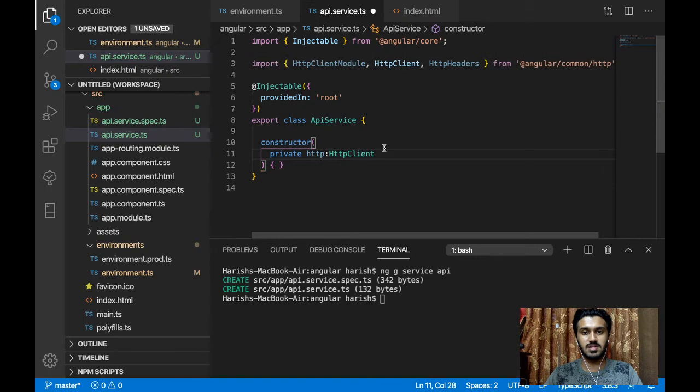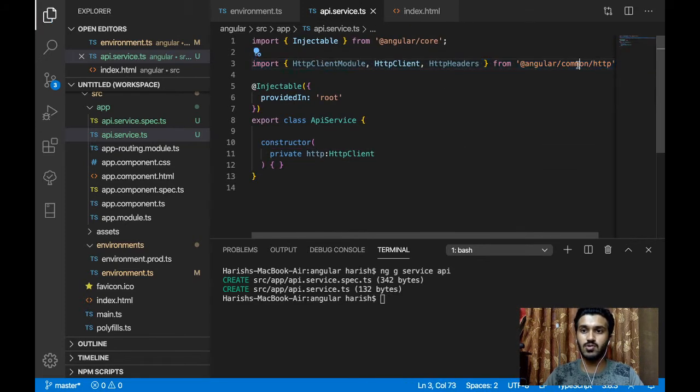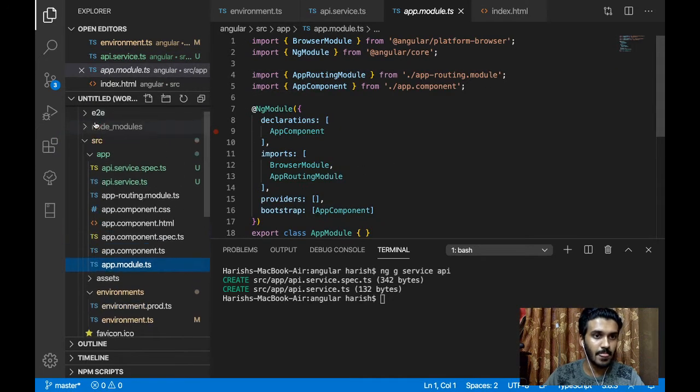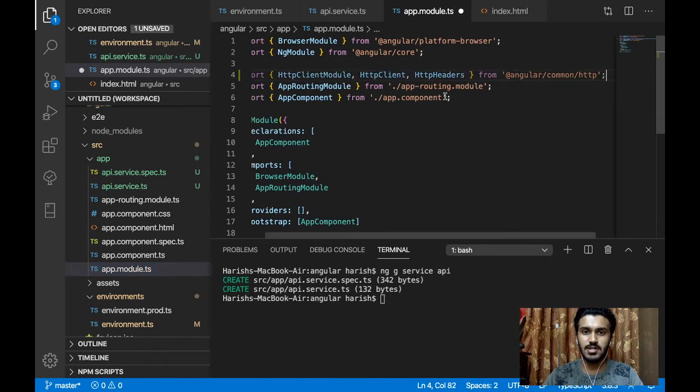Yeah, that's it. It's just imported. You can just import this one, no problem. And whenever you are going to add something externally, you need to add these imports in your app.module also. See, app.module, you can find it from source, and inside that source app folder you can find app.module.ts. Here you will install it, and